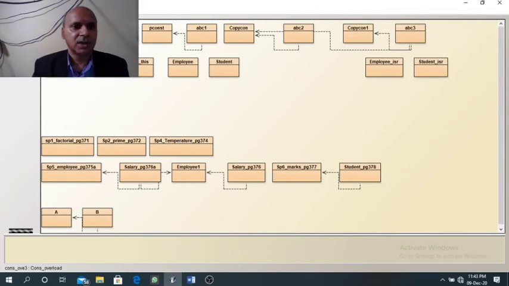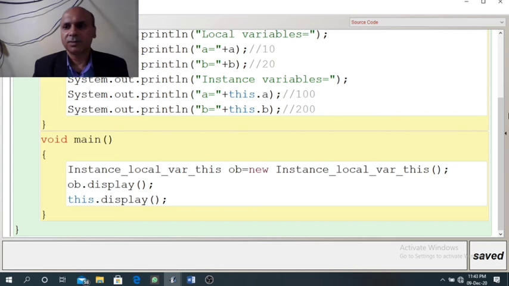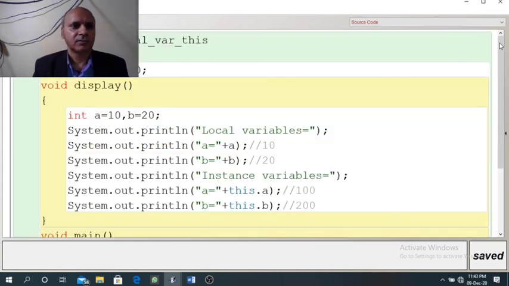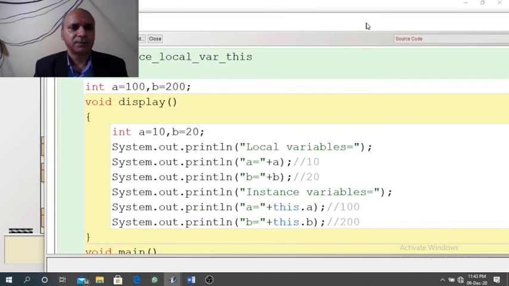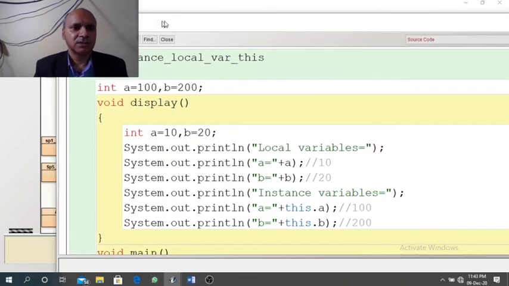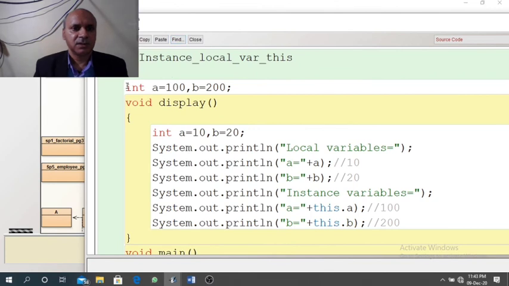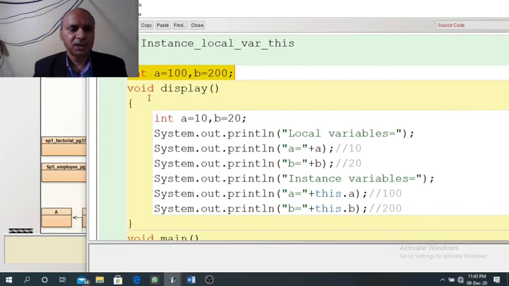So I have designed a very simple program. Here we have two instance variables. A is initialized with 100, B is initialized with 200. Inside the display method, again I have declared two variables with the same name. But here A and B are initialized with 10 and 20.